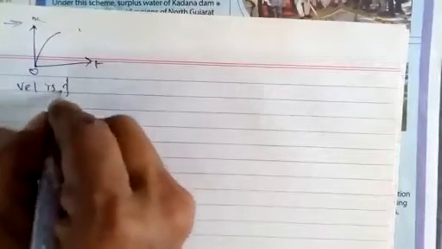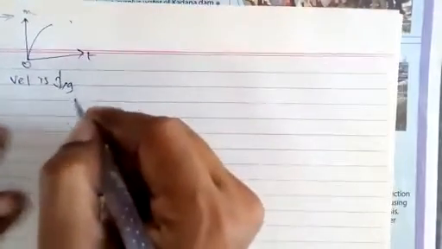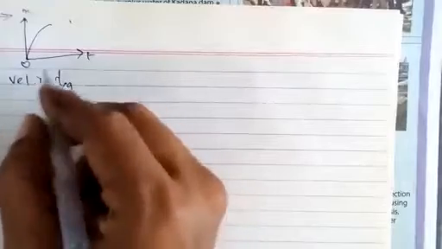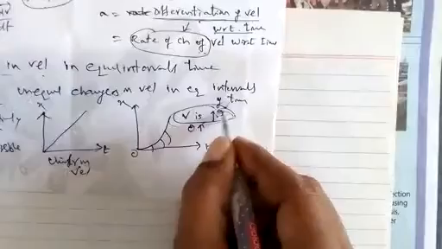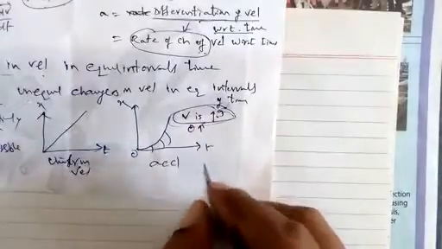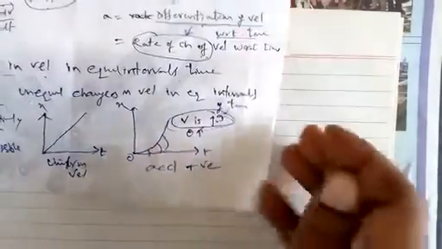See, in this position time graph, it is like this. This is x and this one is t. Here the velocity is decreasing. Since velocity is decreasing, we can say acceleration is negative. In the previous case, velocity was increasing, I said it has acceleration, so acceleration is positive there. Remember this one.